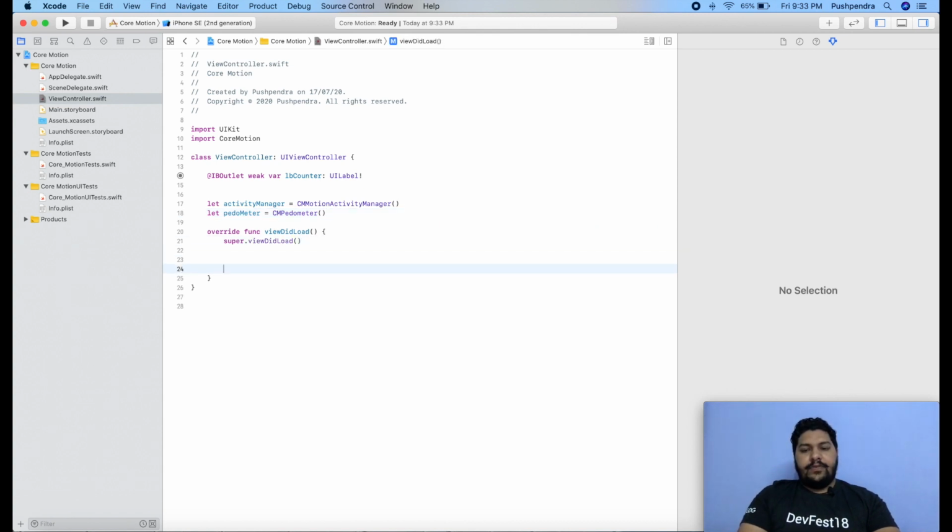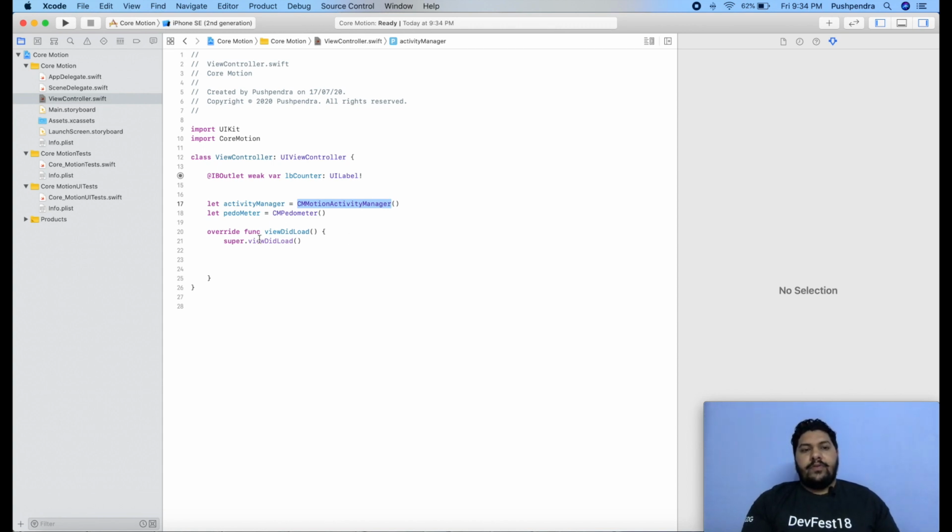Now inside the viewDidLoad function, what will happen here is that CMMotionActivityManager will tell you the information whether the person is walking or running or in an idle position, and the pedometer will give you the functionality for counting the steps, how many times the phone is moving.